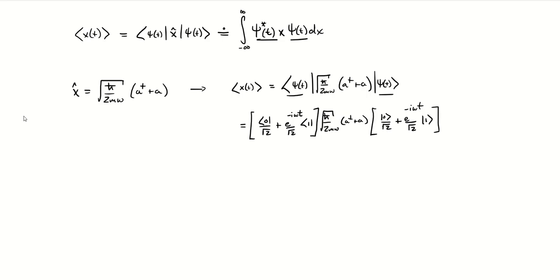When we do this, we know how these raising and lowering operators act on our energy eigenkets. Remember, the raising operator acting on n just equals root n plus 1 times the ket one up in the ladder of energy states, and the lowering operator gives root n times the ket n minus 1, right? So we can really quickly see how this is going to act on our state ket.